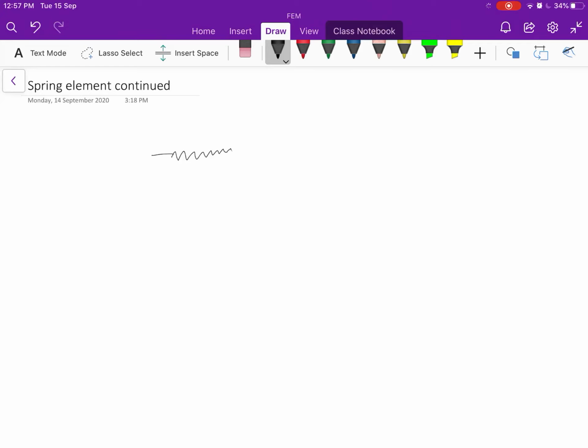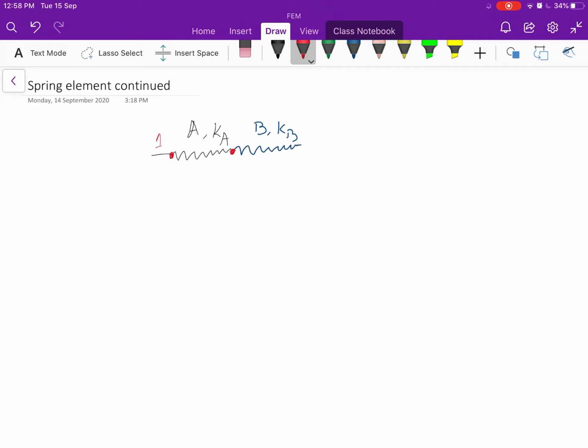This would be our spring A with stiffness constant Ka, and this would be our spring B with stiffness constant Kb, and these two springs are connected in series at this point. This is the point which is common to both the springs. Let's say that this end is our node 1,